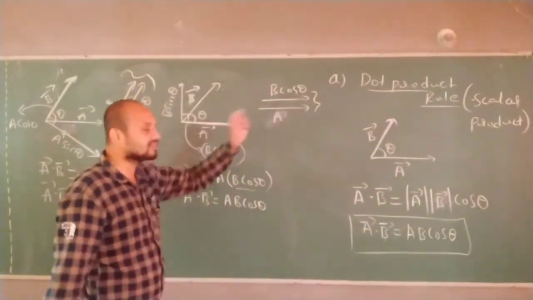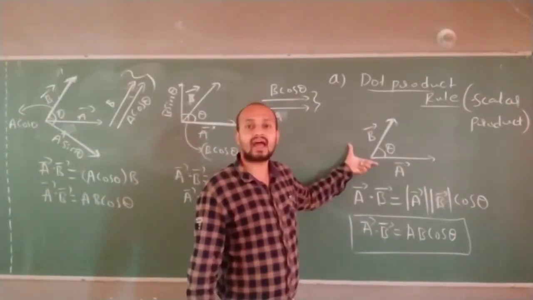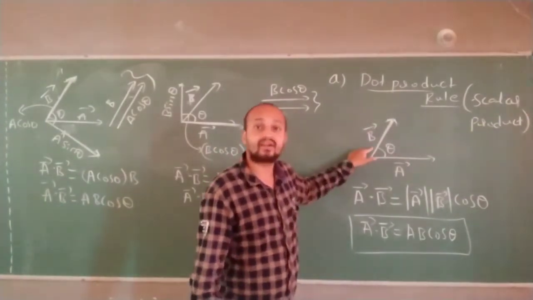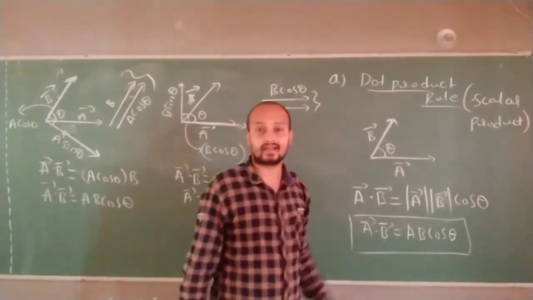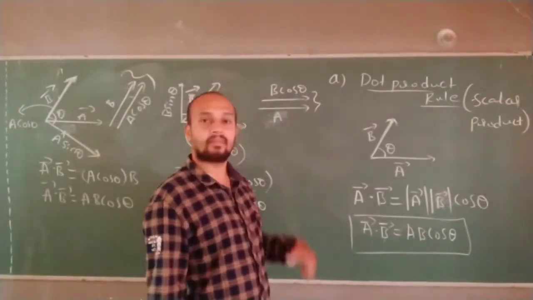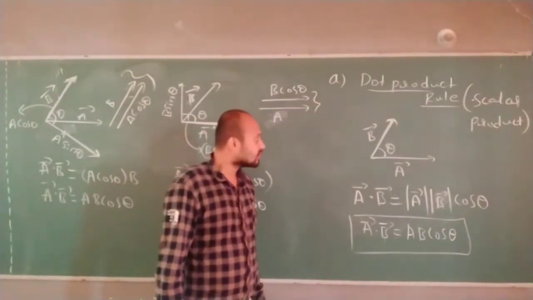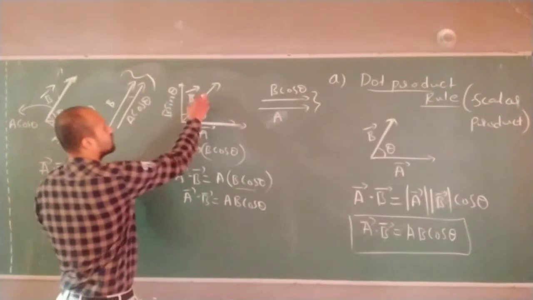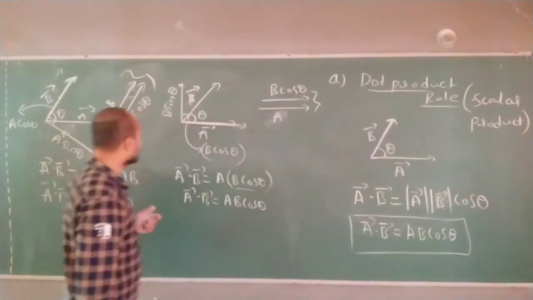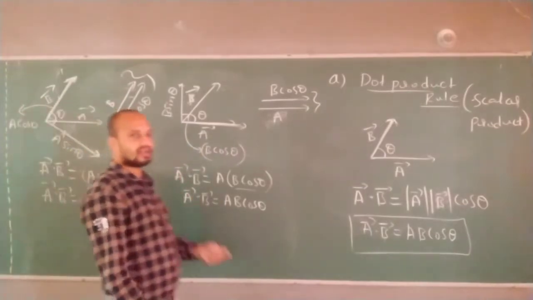Here also it is the same thing. In this product rule, whatever the angle may be, you are taking the component of one vector which is parallel to another vector. You will take that component and multiply it. Here I took the component of B along A: one is A, one is B cos theta, I multiplied. Here I took the component of A along B: this is B, this is A cos theta.